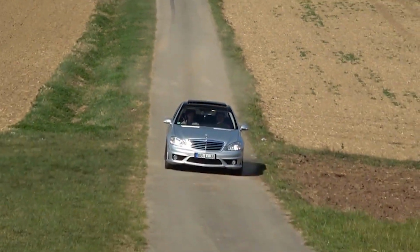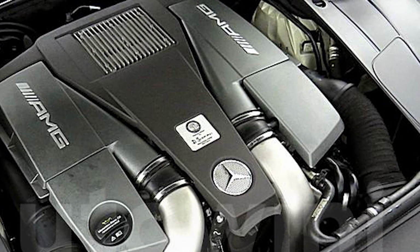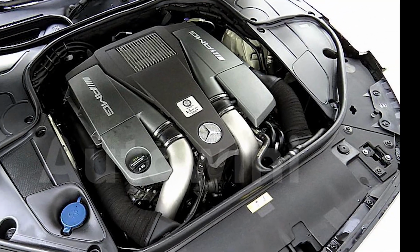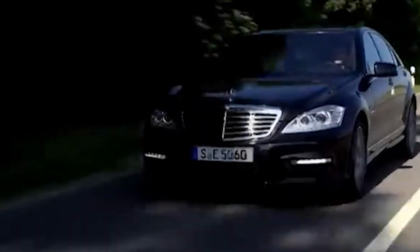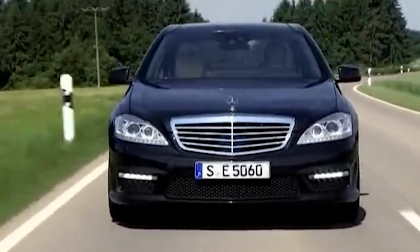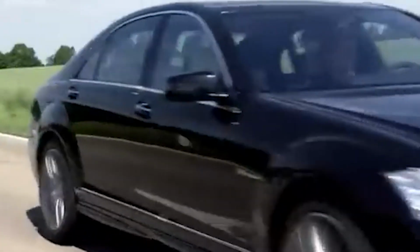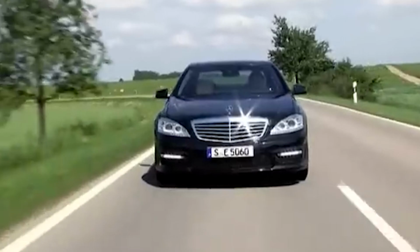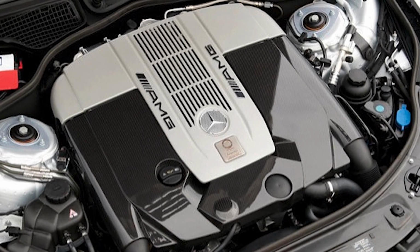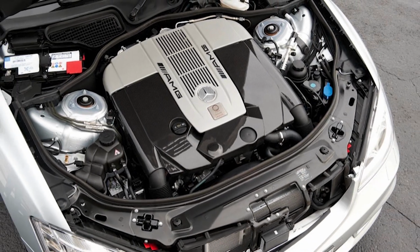Next we have the almighty S63 V8 turbocharged. The capacity of that engine was 5.4 liters with two turbochargers. It generated 563 brake horsepower and 800 Nm of torque. 0 to 100 km happened in 4.5 seconds. This engine was much more aggressive, and even with the boost, the car had great response and a lot of torque. Then we have the almighty 6-liter twin-turbocharged V12 that produced 604 brake horsepower and generated a limited 1000 Nm